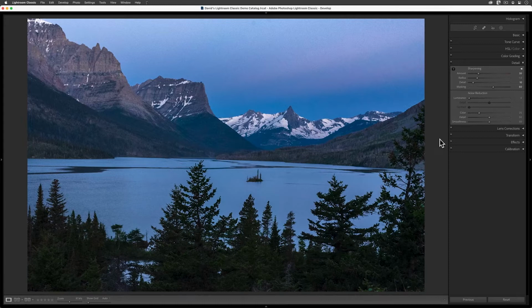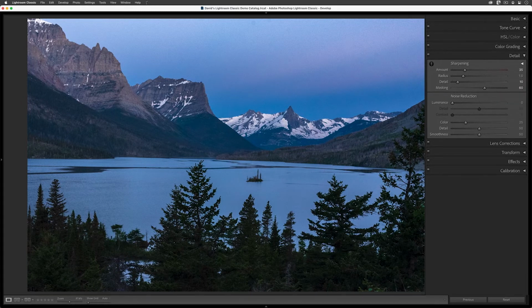Here we have an image that I captured early one morning in Glacier National Park. Before I started recording this tutorial, I did everything that I could to fine-tune my overall image, but I have not done anything to remove the noise yet. I said that I've not done anything to remove the noise yet, but that's not quite true, because the default for color noise reduction in Lightroom for most digital camera RAW files is not 0. From the factory, the Adobe engineers decided that a low color noise reduction amount, this 25 setting right here, would benefit the vast majority of images.